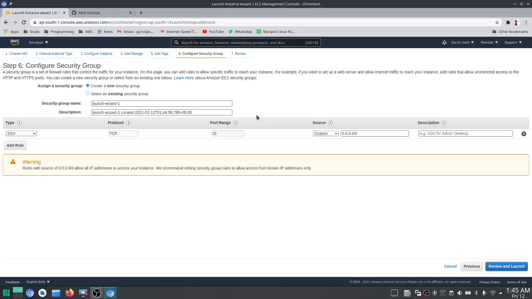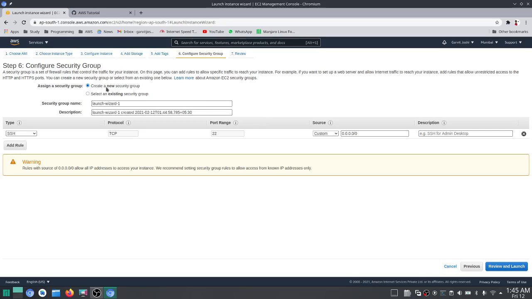By default, every outbound traffic is allowed, so our EC2 can connect to any instance or any website. But inbound traffic, that is, if we want to connect to our Amazon EC2, is commonly restricted.